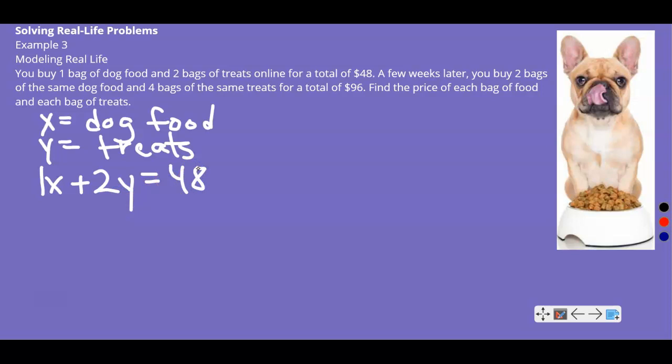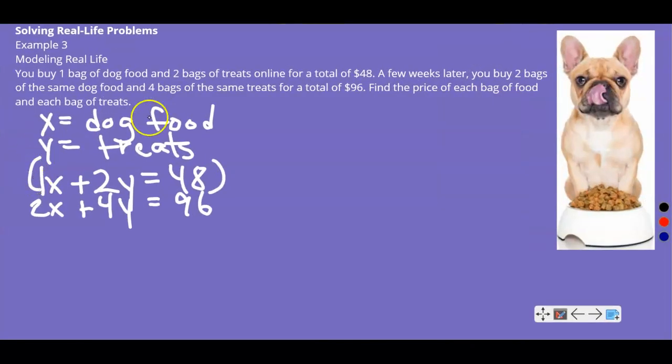A few weeks later, you buy 2 bags of the same kind of dog food, so 2x again, and 4 bags of the same treats, so 4y again, and that's going to equal $96. Find the price of each bag of food, which is x, and the bag of treats, which is y. So we need to find both x and y. When I look at this, it looks like both of these numbers are double this. So let's multiply this by a